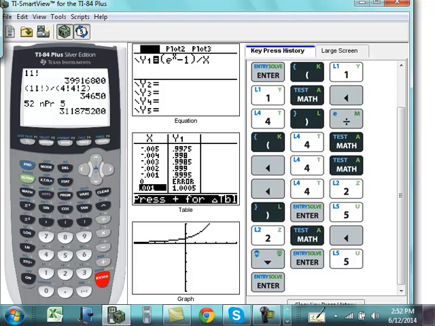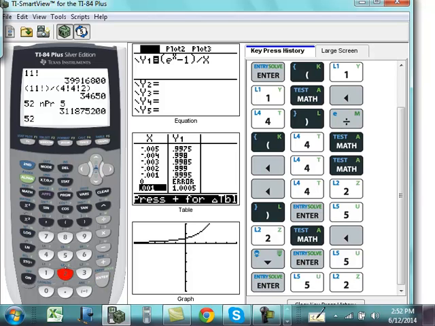And hit enter. So there works out to be 311,875,200 ways of being dealt 5 cards where order matters. Now, if order doesn't matter, you want to count the number of ways of being dealt 5 cards, then we'll